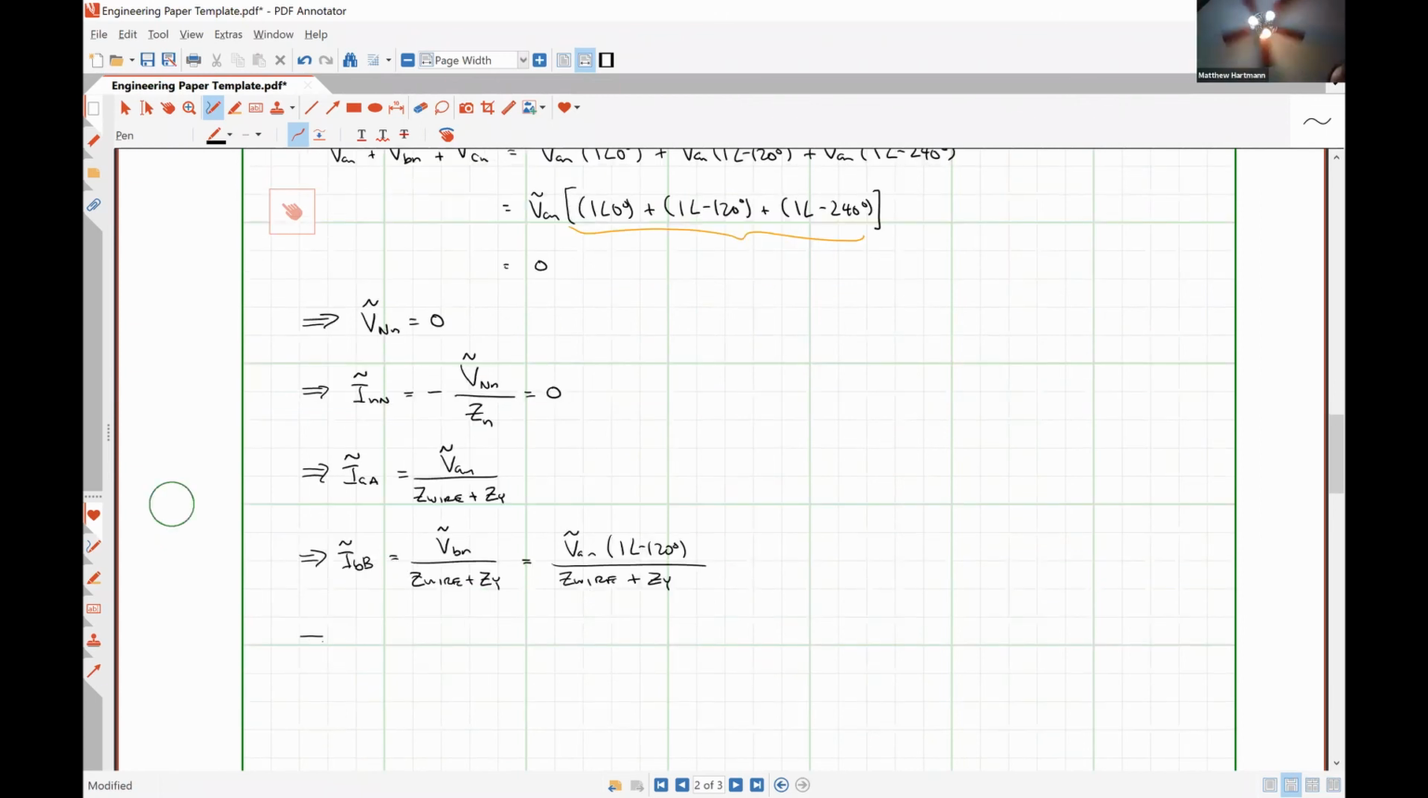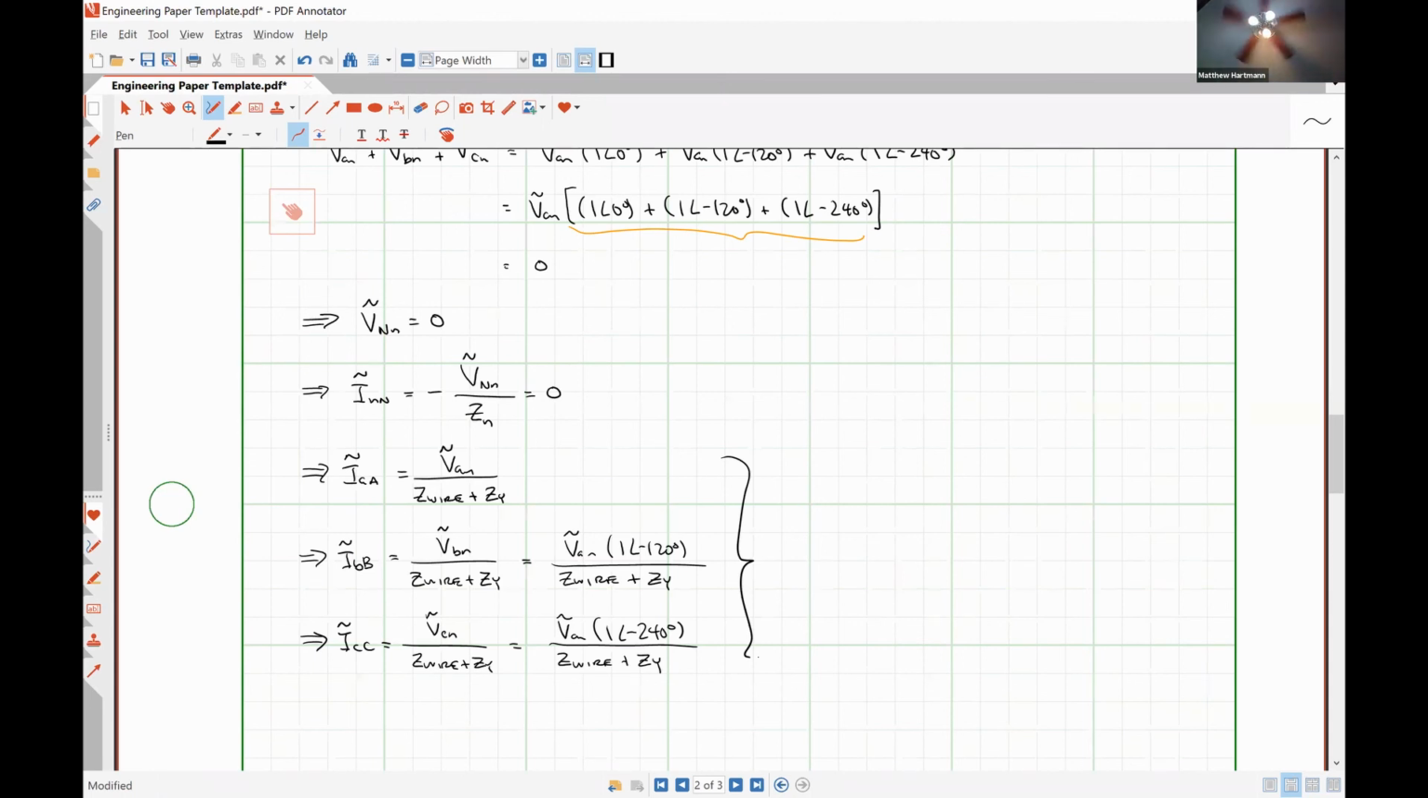And lastly, we can see ICC is VCN divided by Z wire plus ZY, which is VAN times 1 angle minus 240 degrees divided by Z wire plus ZY. So these three results